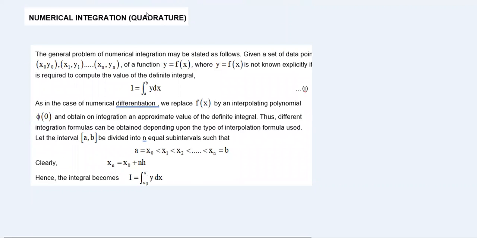If we know the full function, we can solve, but numerical integration is done when we don't have a clear idea of this function, or you have an idea of the function, but you cannot integrate it by standard methods of integral. So it is required to compute the following definite integral, I is equal to integral a to b y dx. As in the case of numerical differentiation, we replace f of x by an interpolating polynomial and obtain on integration